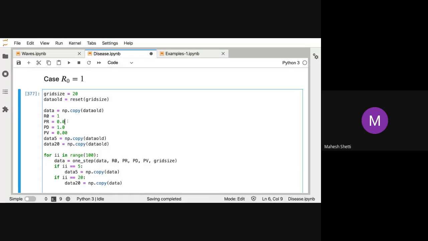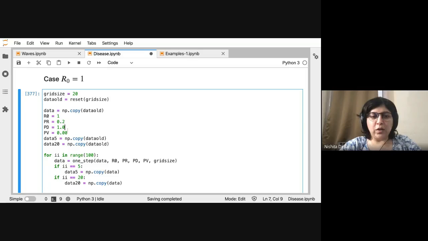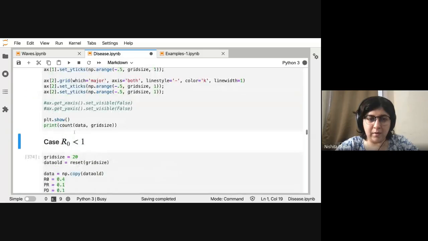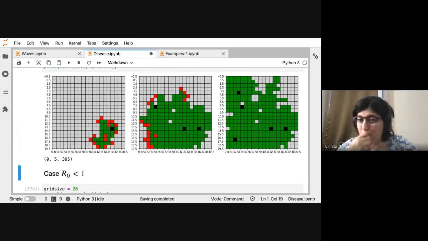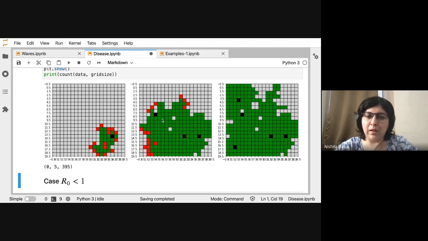But if we increase the recovery rate, then probably things are better, even say 0.2 or something like that. The thing is that this is just for the next step, so it's not a time averaged recovery. In fact, if you do this as 0.8, then let's see what happens. You see that if the recovery rate is very high, then the epidemic goes away quite quickly. This is probably modeling normal flu. Almost everybody recovers from flu, right?